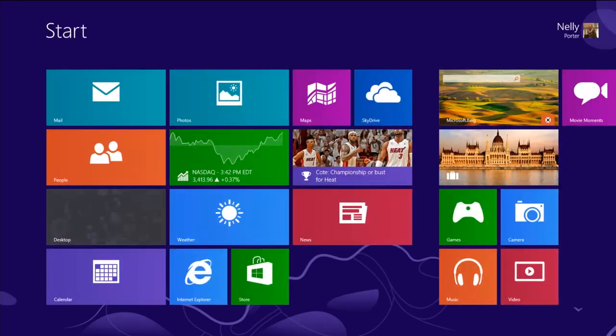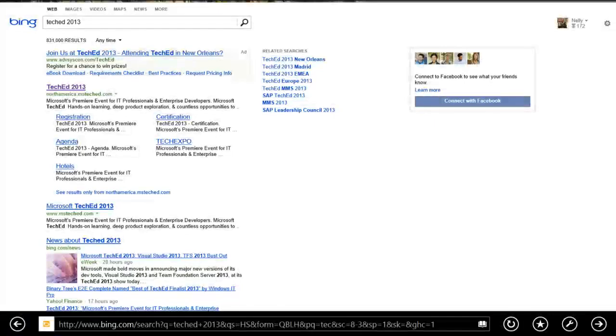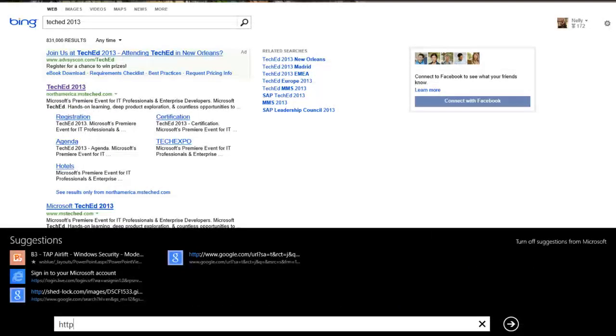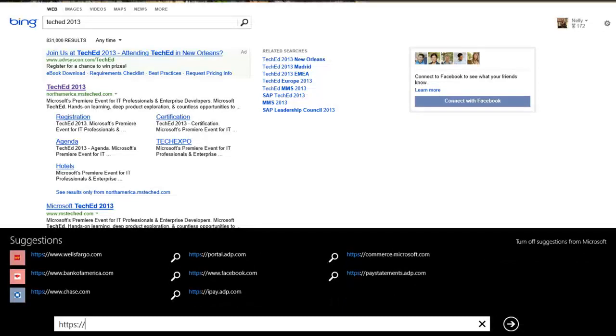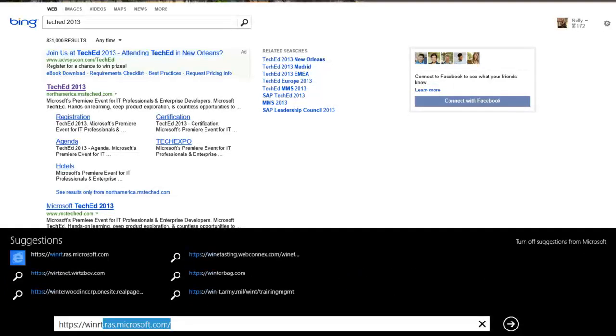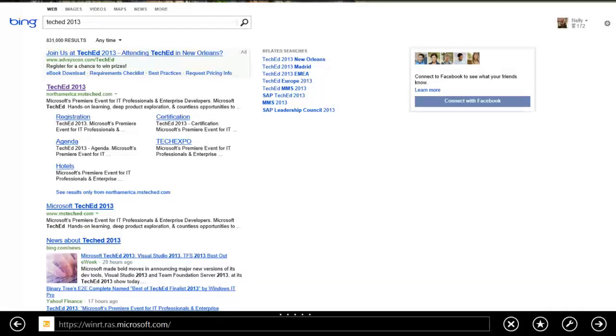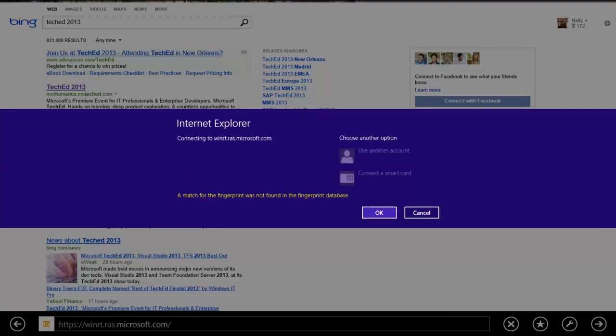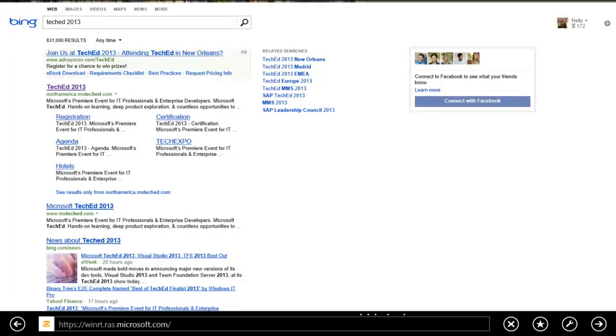Okay? So one additional thing that I want to show you is, if I go to an HTTPS site, and this site would require my authentication. In every place where you go, instead of typing your passwords, you can simply authenticate and access your SSL share.